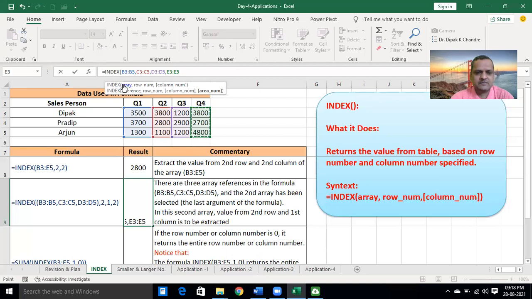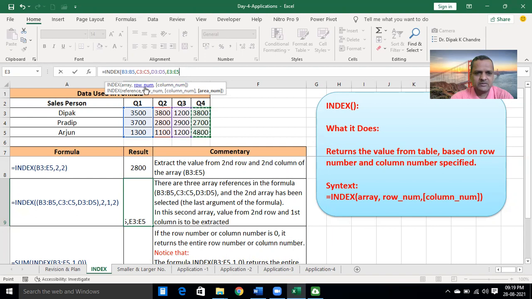The first option has the arguments array, row_num, column_num. The second option indicates reference, row_num, column_num, and area_num, meaning row number, column number, and area number. So here B3 to B5 is the first area number, C3 to C5 is the second area number, D3 to D5 is the third area number, and the remaining one is the fourth area number.